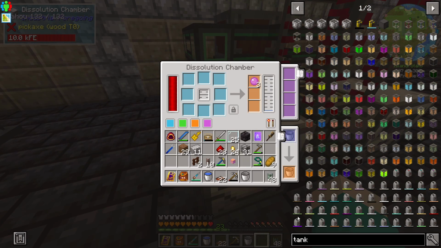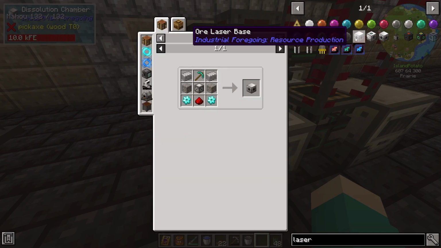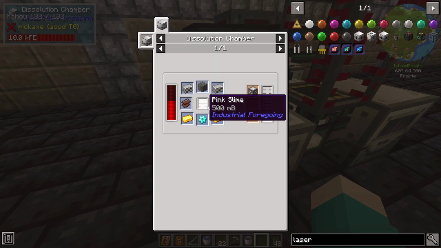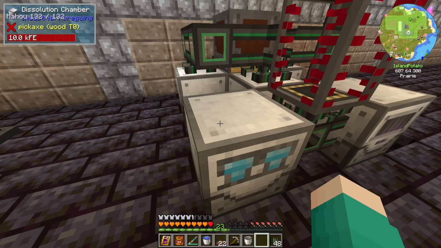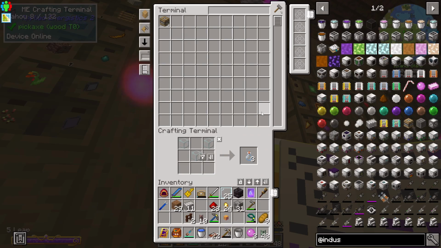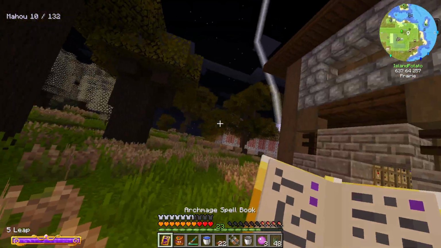It used to be used to do lasers, but it doesn't look like in this pack that you need lasers for it, which is a bit of a shame. Oh, no, you do. You need pink slime. Oh, I get you. You need pink slime in there in the Dissolution Chamber to actually make the more advanced mainframes. I get you. Okay. But if we make this meat feeder, what you can do is we can then go to...